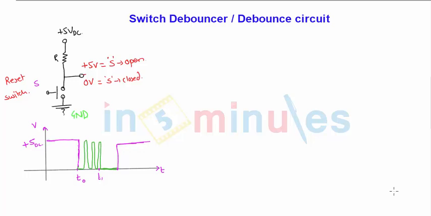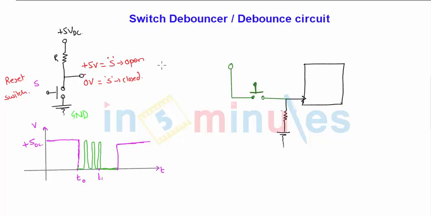Now let us consider one circuit. A circuit is there in which a particular pin is connected to ground by means of some resistor. And to this pin, which is always grounded, we require to give a 5 volt supply to trigger it. So here we have a 5 volt supply which is also connected to this pin through a switch. Now this switch S, and this is the supply of plus 5 volt DC. Okay, so we will see carefully.